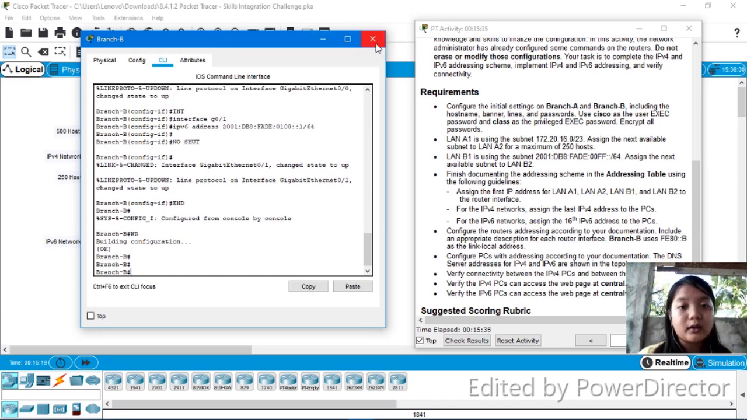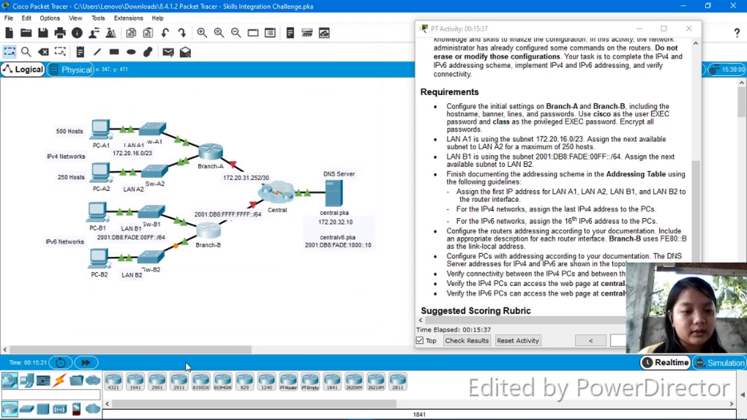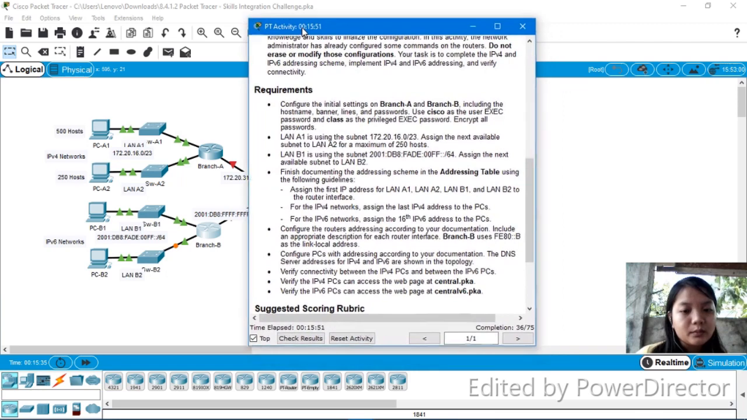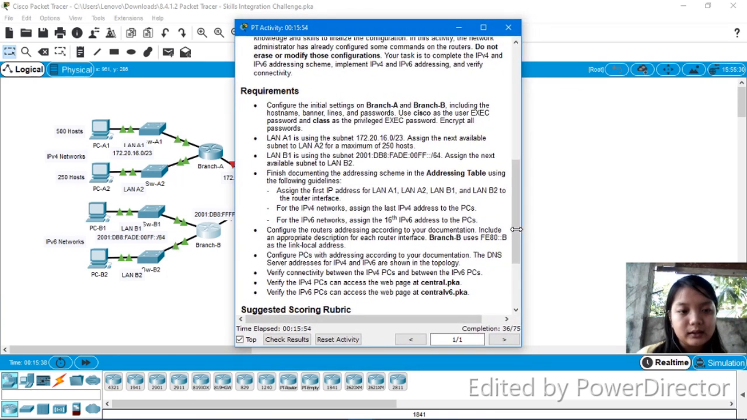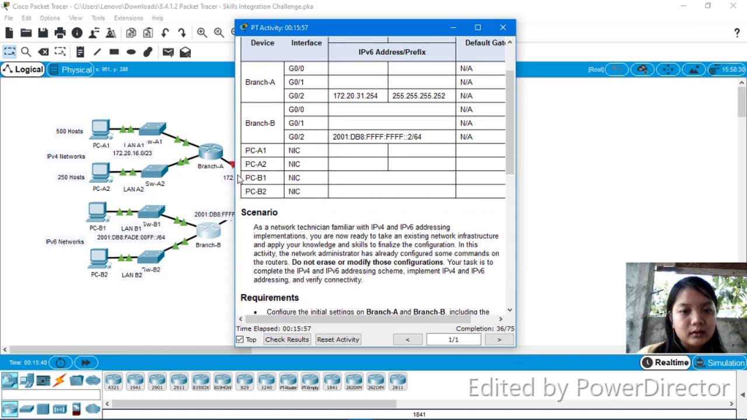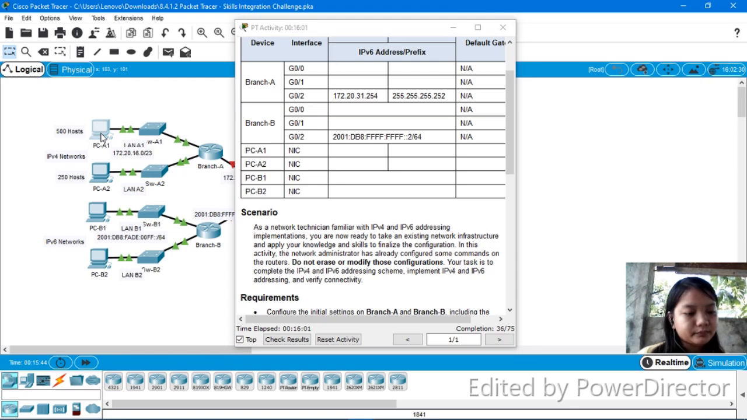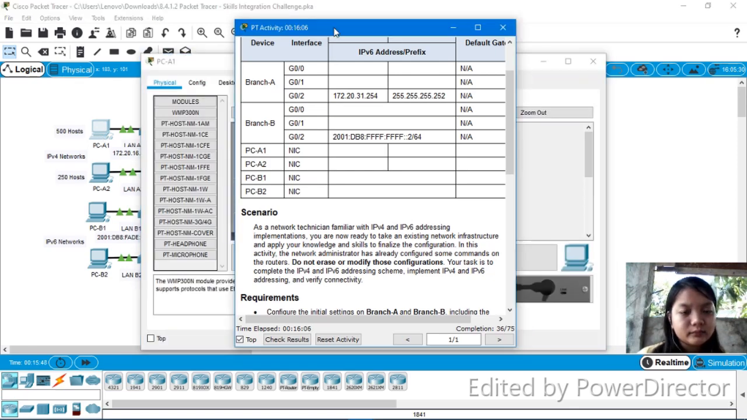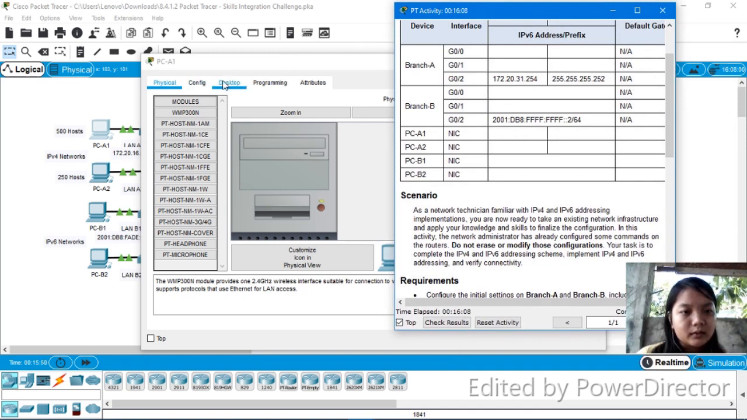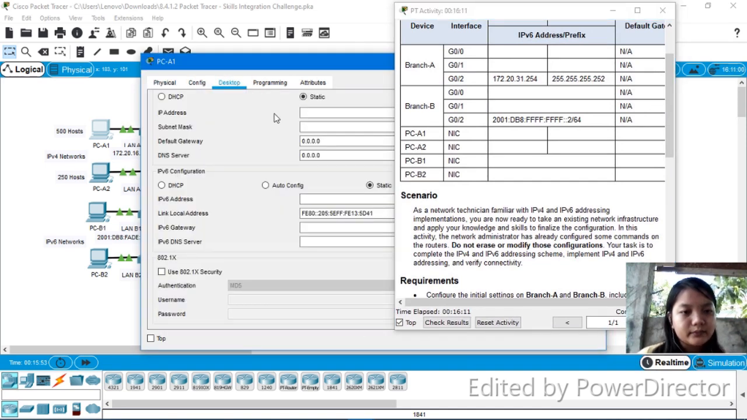So we are done configuring our branch A and branch B, so you can see that. So let's just wait for a few seconds to make it red. So the next that we will do is to put the IP address of the PC. So we'll put first the PCA1, the desktop, then IP configuration. The IP address of this is